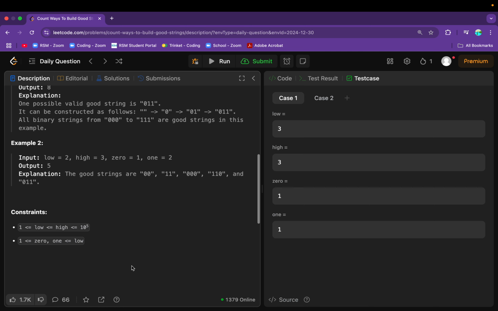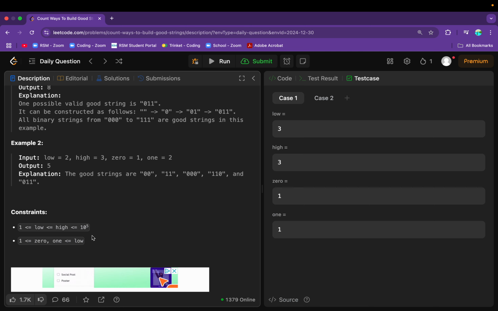And as you can see, for the constraints, we are guaranteed that high is going to be greater than or equal to low, which is a good kind of base case to guarantee and be sure of. And we're also given that they will not exceed 10 to the 5th power. And we're also given that zero and one are both going to be greater than or equal to 1, but they aren't going to exceed low, so we can actually still make a valid operation without actually breaking the problem's rules,